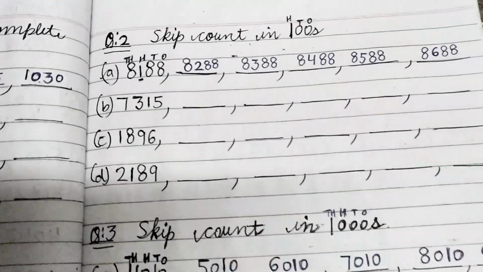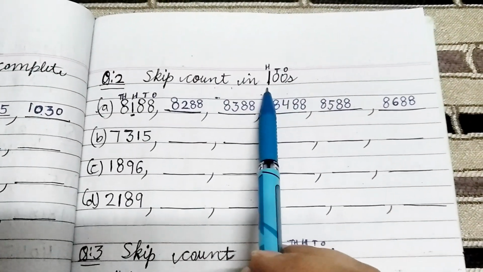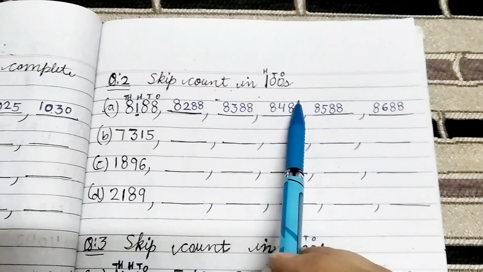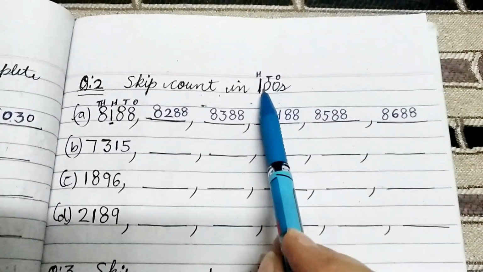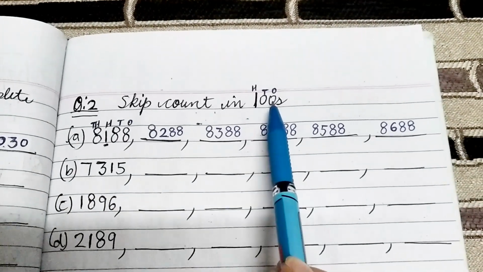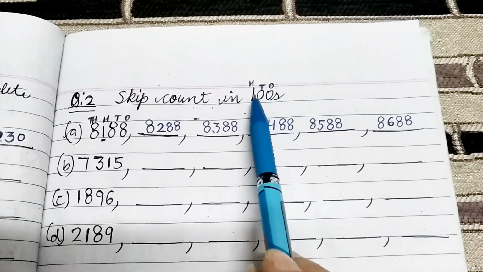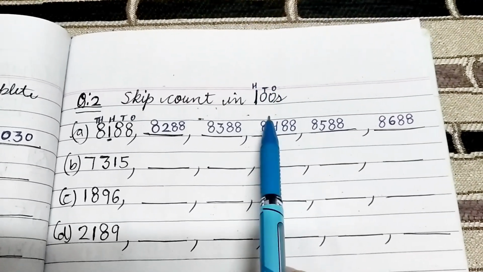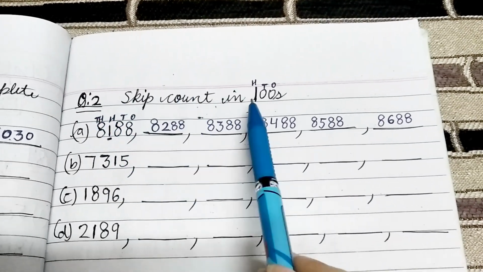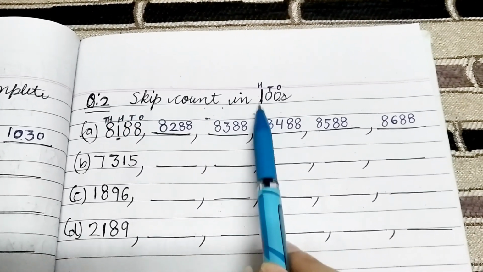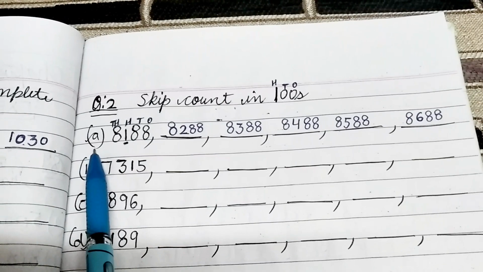Now let's discuss question number 2. This question is skip count in hundreds. Now you have to skip count in hundreds. That means first of all mark the places starting from extreme right. Ones place, tens place, hundreds place. That means 0 is at ones place, 0 is at tens place and 1 is at hundreds place. So in this case the ones digit, tens digit will remain fixed. Only you will change or only you will increase the hundreds digit by 1 in each blank. Let's see how. In first A part,